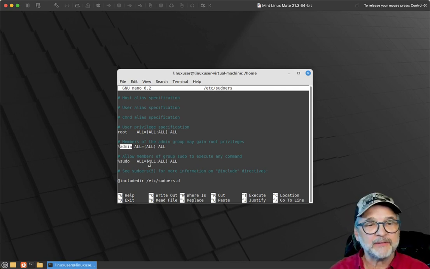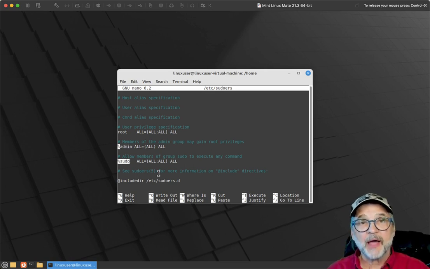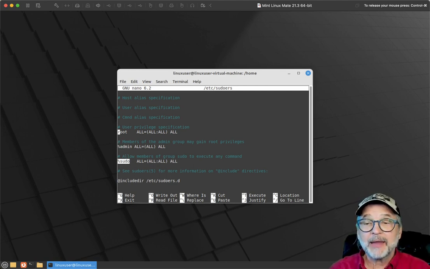I could create a group. In this case, there's an admin group. There's also a sudo group, which I could add the guest user into. And that probably would not be the worst thing to do. In fact, that probably would be a very good idea, to go ahead and move them to that group. And we're going to talk about that. But I could also